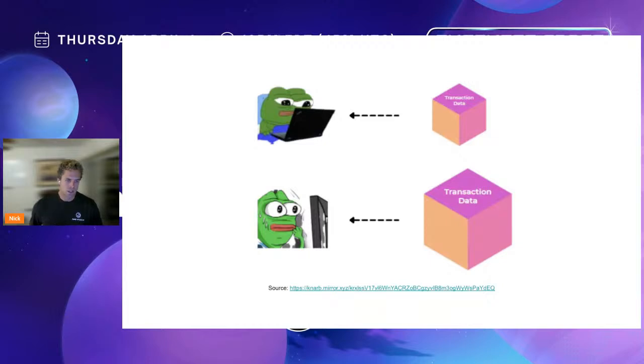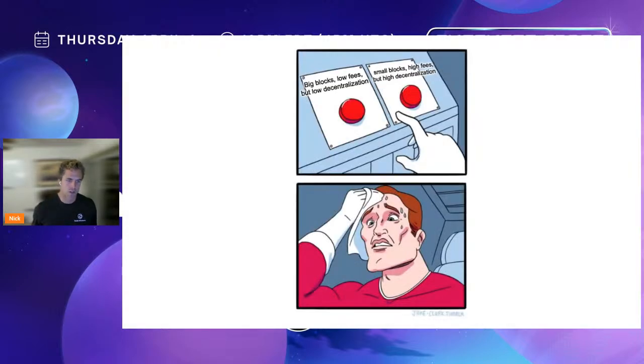So to illustrate my point, this is a meme that someone made, which I really like. When the transaction data is small, it's totally fine. I can run my node on my laptop and make sure that the chain is authentic. No one's stealing funds or doing fishy things. But then as the transaction data increases, all of a sudden I'm unable to run that on the computer that I have, and now you fall back into having to trust the people who are running nodes, the miners or the validators. You have to assume that they're going to be honest to you, essentially.